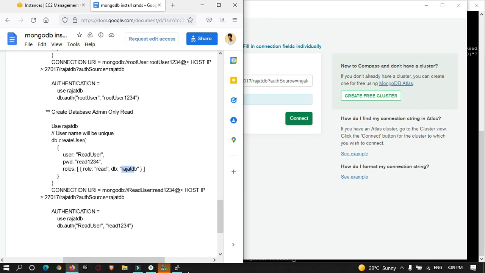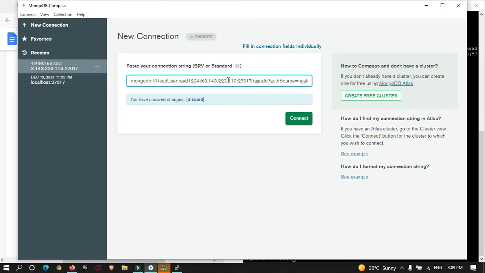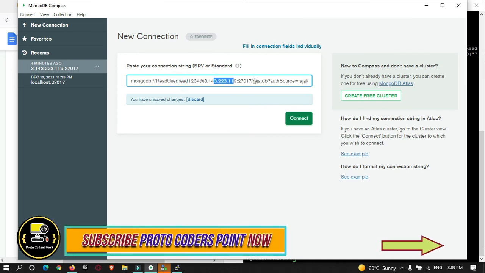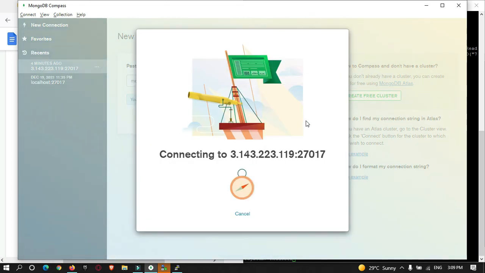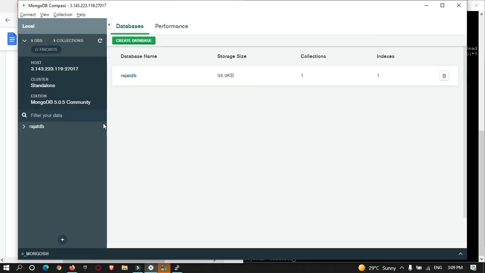Okay, so let's do that. So the user is correct, password is correct, IP address is correct, database is correct, and authentication source is correct. So this will automatically be taken by MongoDB Compass. So let's get connected. Okay, so now you can see the user is in read mode.